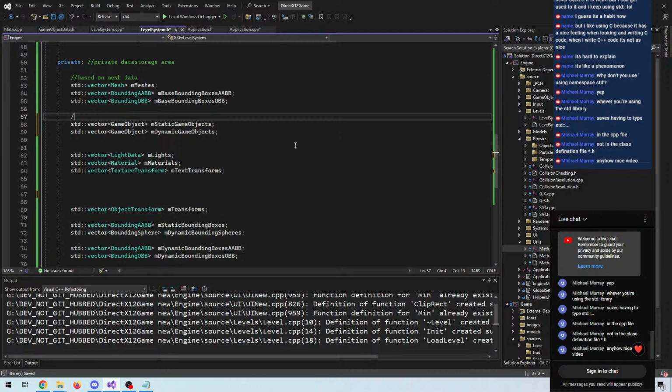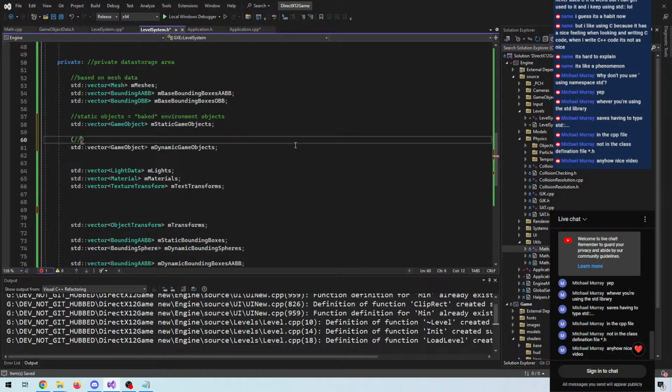So we will use static objects equals baked environment objects, and we will have dynamic objects that is moving regularly, updated objects. And when we're in level editor mode,